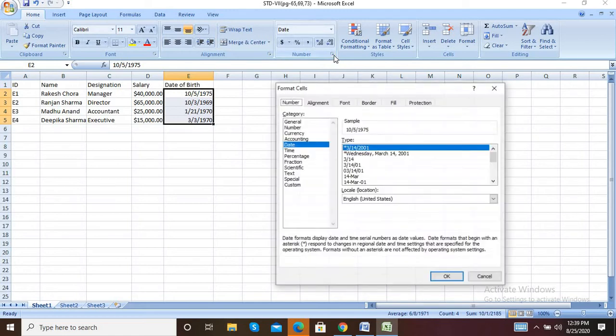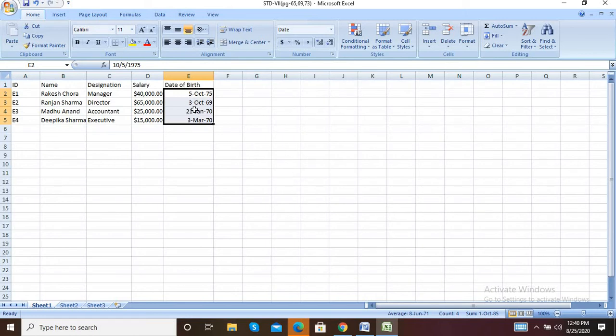Now go to the quick access launcher and select Date. When you select Date, choose the one like 14-Mar, MMM and YY. So select this and click on OK. See the changes. The date changes the way it shows us.